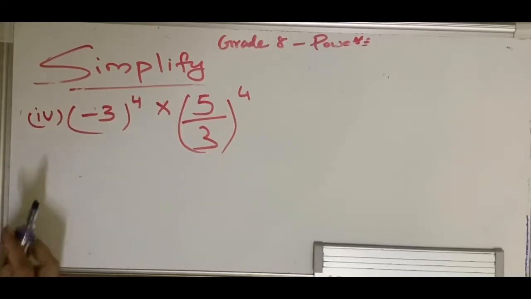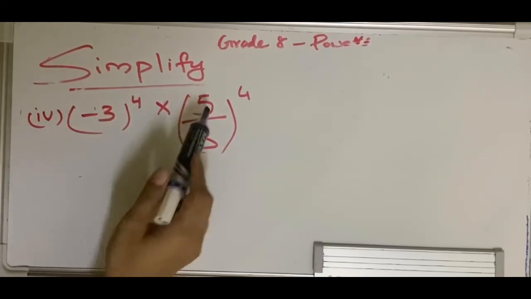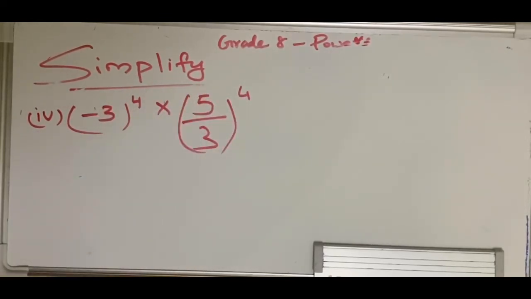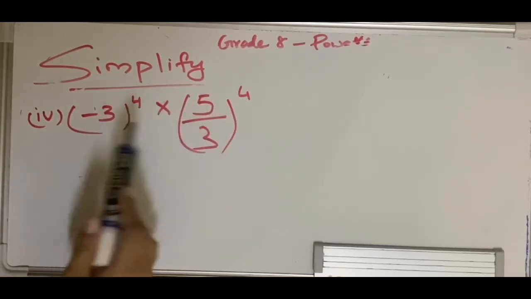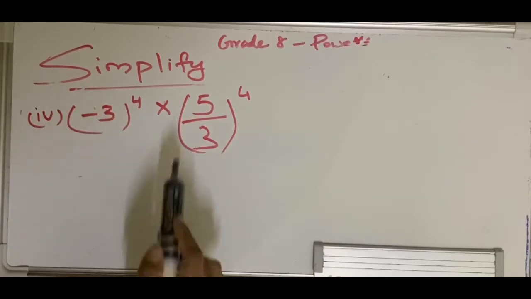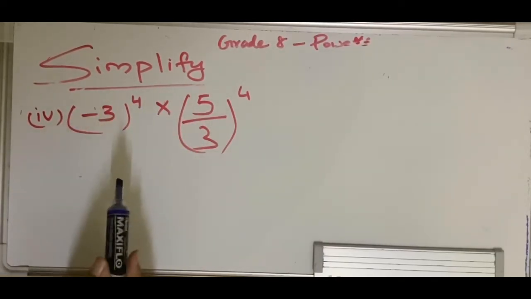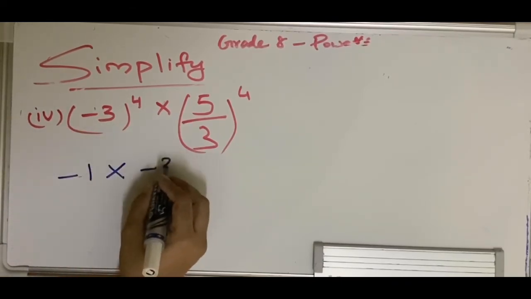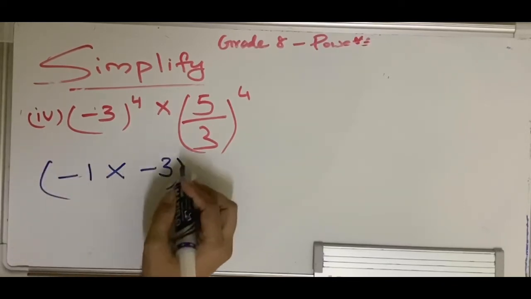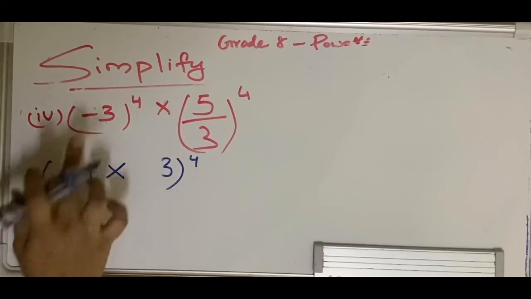Clear? If you look into this fourth example, what you need to understand here is that yes, we are having same power, right, but with different base. And normally what we have said is that when we have same power, you can just take the base numbers, perform the operation, right, and then you can put a bracket and write the power up. But since we have a minus number here, we are rewriting it as minus 1 times minus 3 whole raised to 4. I mean minus 1 times 3, then only we will get the answer minus 3.